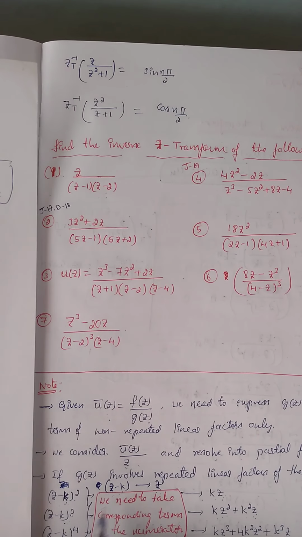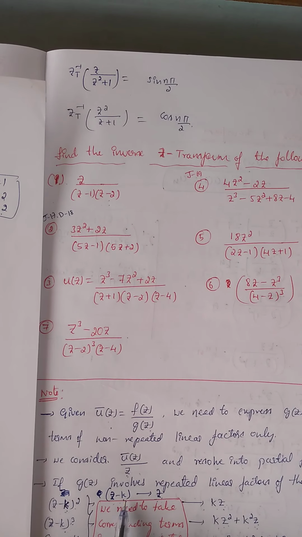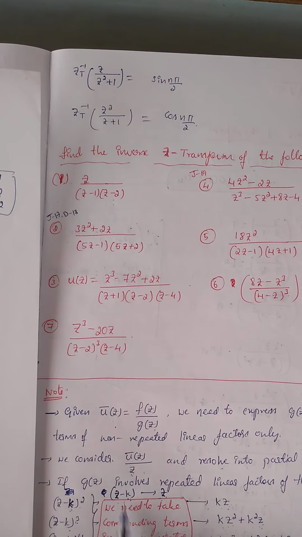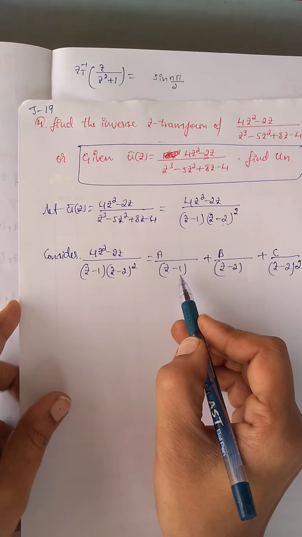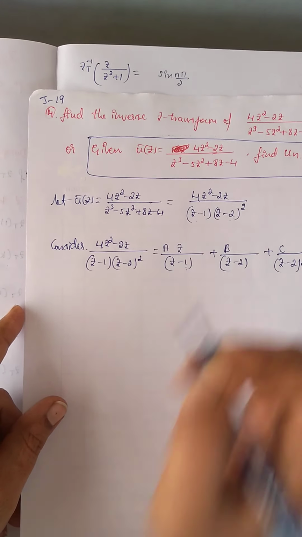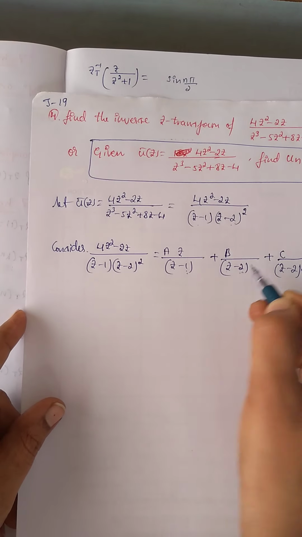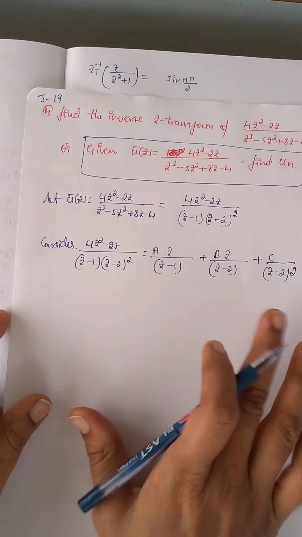The first one is z − k. K means a constant: z − 1, z − 2, z − 3. If you have this type of term in the denominator, we should assume the numerator is z. For z − 1, k is 1, so we take z in the numerator. Here z − 2, k is 2. If you have the z − k form, we should take z in the numerator. This is a very important step.